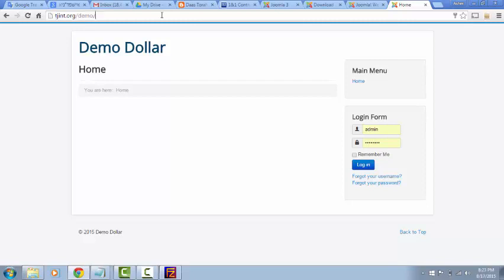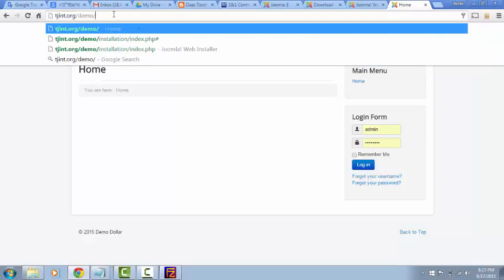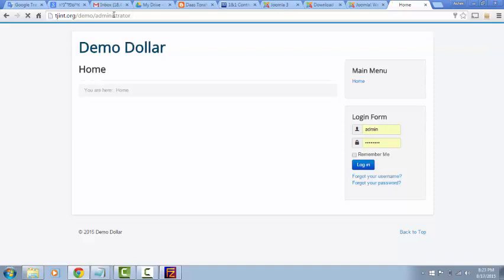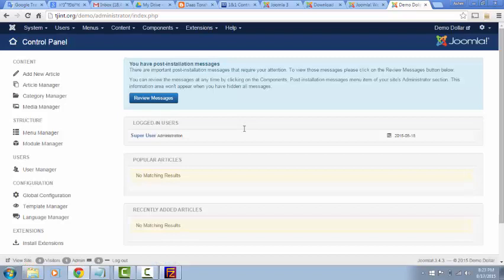Now to make changes to the back end of Joomla, you're going to type in your website address where you install Joomla, and you're going to follow it with the word administrator. And it's through this back end that we're going to install the template. Now, I already downloaded the template. And if you're looking for a place that has good templates, just type it in Google: free Joomla templates or